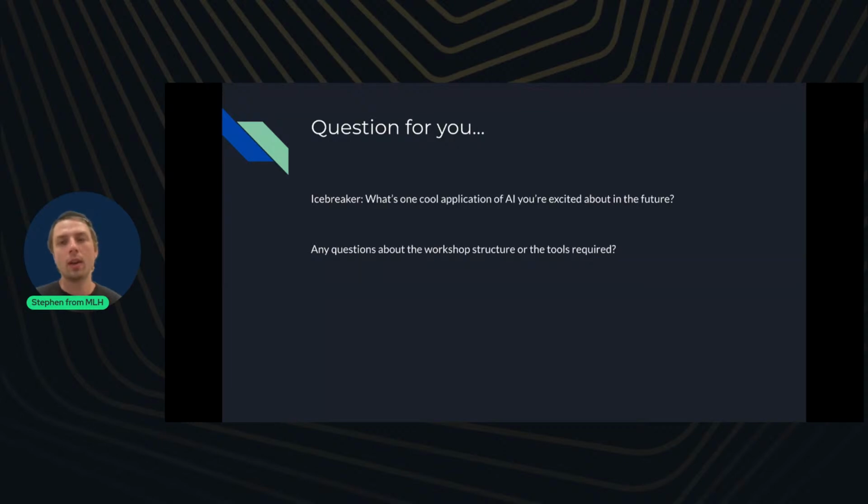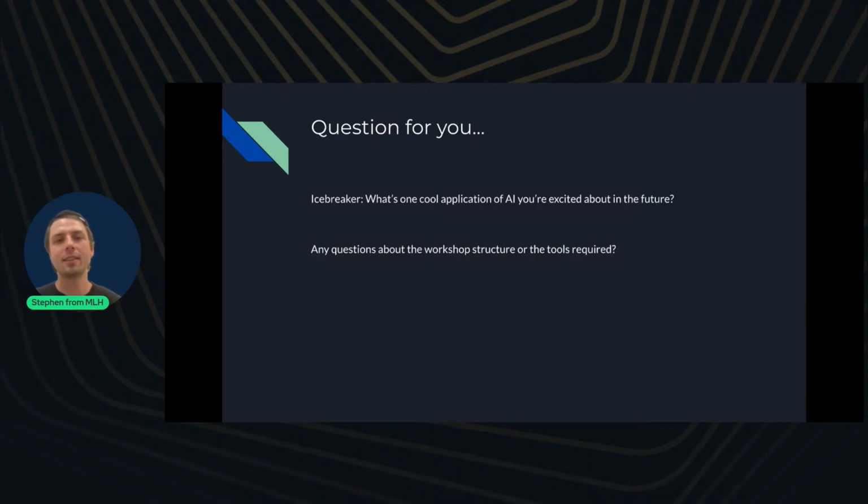I'll tell you. One thing I'm really excited about is the use of AI in robotics. I saw some hackathon projects this last weekend. We were at Tartan Hacks, which is a Carnegie Mellon hackathon.